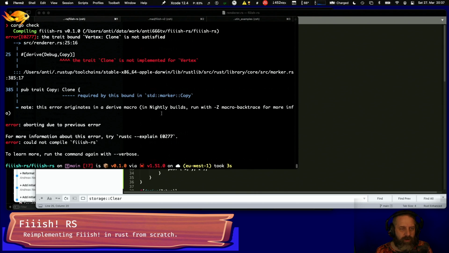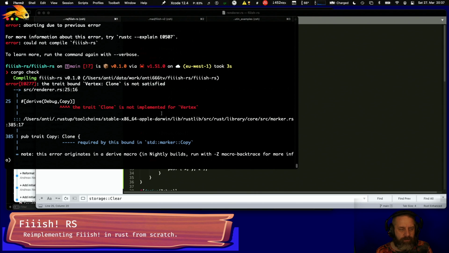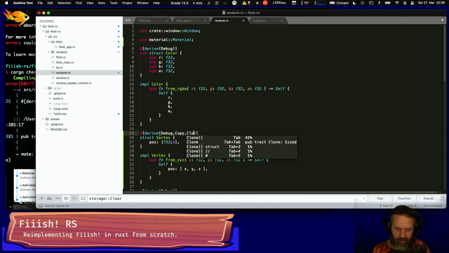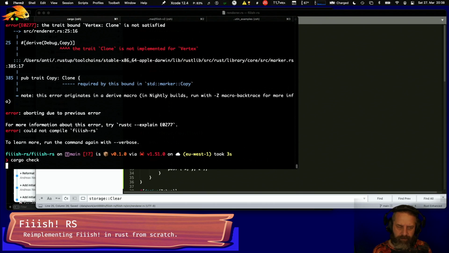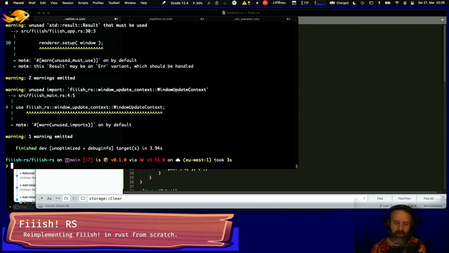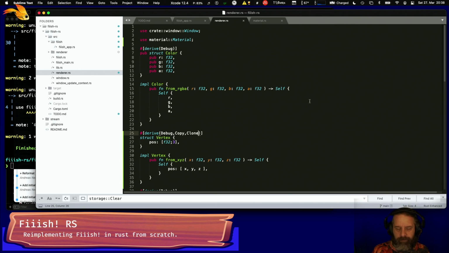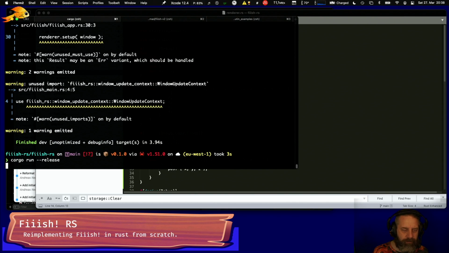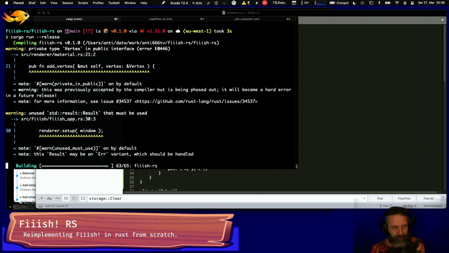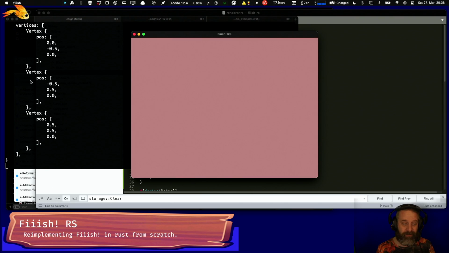Why can't I derive copy for, is it the, oh, wait, I don't want to derive clone. Or is that array actually on the heap, which would be a bit ugly? I mean, so now that means if I run this, not very rusty, I apologize. We get the working version first and then we make it rusty, right? So